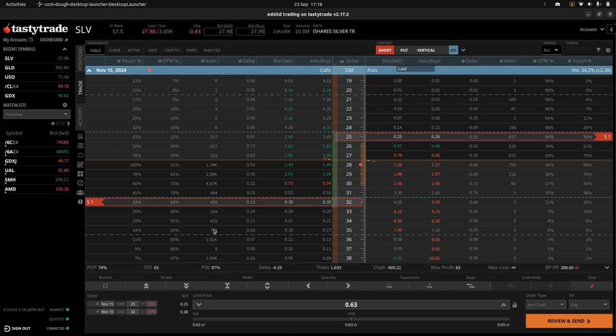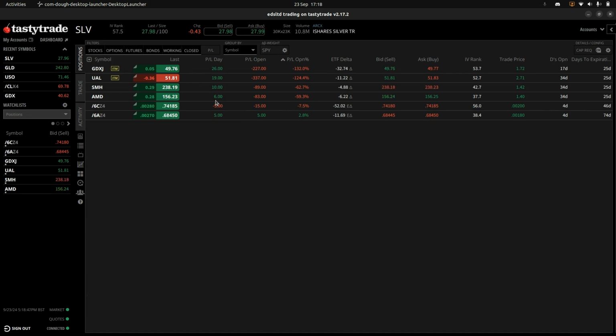This is a very high probability trade. It only requires $280 in buying power. So really and truly, everybody can put this position on in their account. It doesn't matter how big your account is. And that's basically what it looks like to find a position in SLV, and I think that would complement our